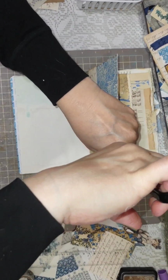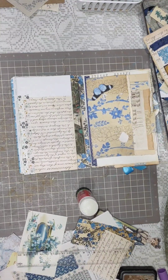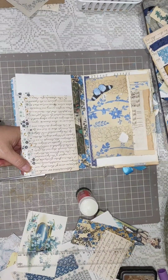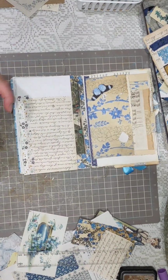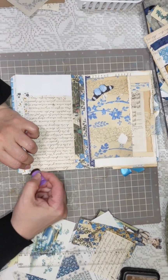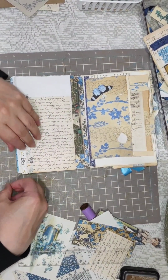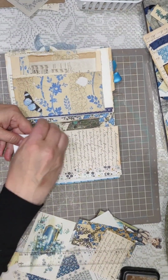I never used to use washi tape as much, and watching 507 Willow House Leslie, I started using my washi tape again because I have so much of it from my junk journaling days. I mean, my planner days. And the reason I don't do planners anymore is because there's really not enough space for me to plan with journals, and I stopped working and all that. So, I'm not a parent, so I don't have kid stuff to plan, and I only have my doctor's appointments to worry about, and that's only every once in a while. So, you know,